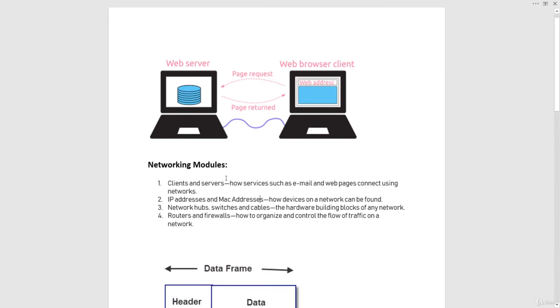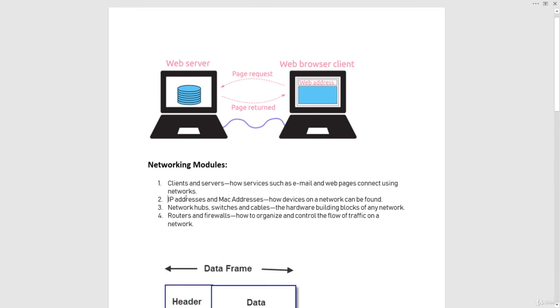So you can see our modules are made up of these four pieces of information. That is client and server, which are the two physical machines that are going to do the connection or the communication, and one will just do the request, another will just give the response.